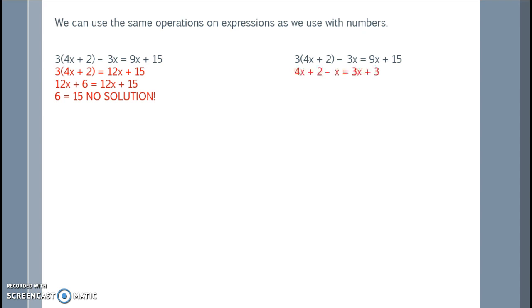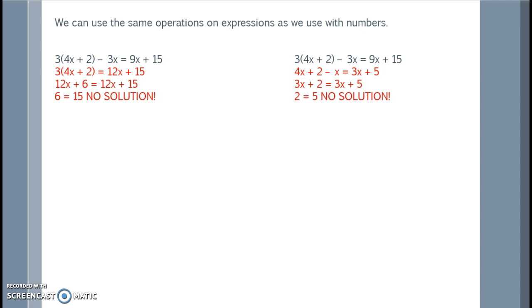On the right-hand side, I'll first start by dividing everything by 3. So then the 3 in front of the 4x plus 2 disappears. Negative 3 divided by 3 gives me negative 1x equal to 3x plus 5. Then what I'll do is combine my x's on the left-hand side. So 4x minus 1x is 3x. When I subtract 3x from each side, we get 2 equals 5, which is not a true statement, so this